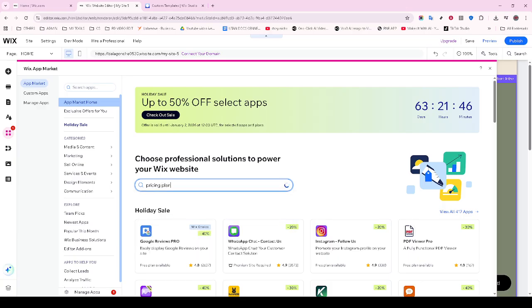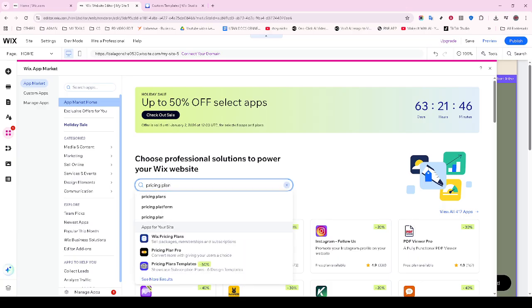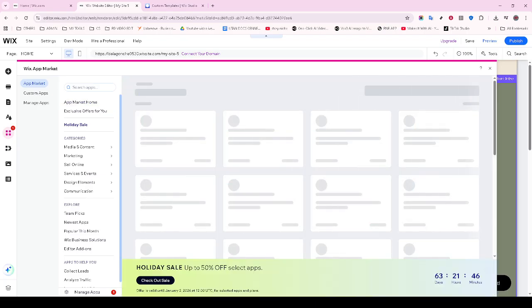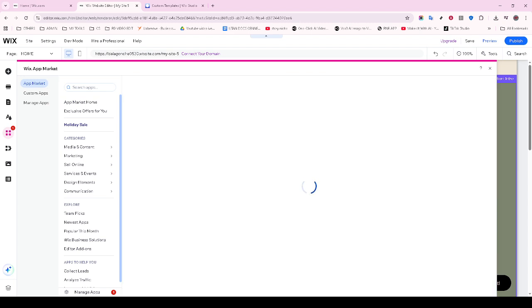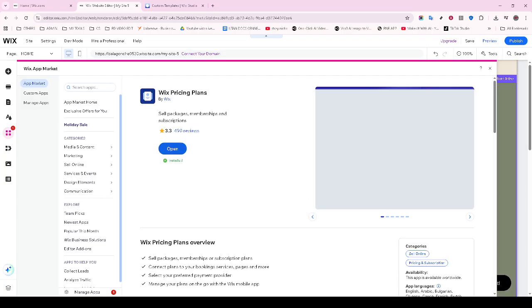more sign-ups or purchases. Now, if your business model includes subscriptions or memberships, Wix makes it easy to set those up as well. Spend some time considering what options are best for your audience, such as monthly or annual subscriptions, and reflect these choices in your plan setup section. By offering flexible subscription options, you're more likely to cater to different customer needs and preferences, ultimately enhancing customer satisfaction